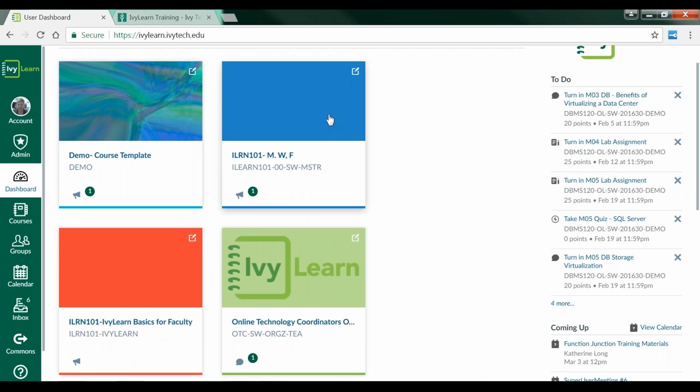Okay, so these color blocks, you can change the color. If I don't like blue, here's this little pencil icon. Anytime you see the pencil in any of the IvyLearn platform areas or content areas, this means that item can be customized or edited. So when I click the pencil,